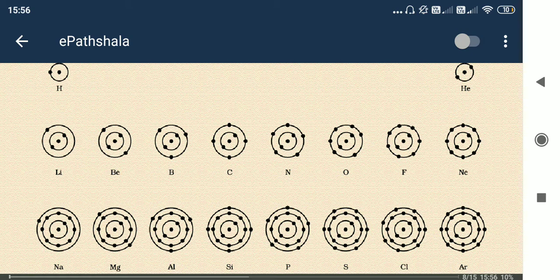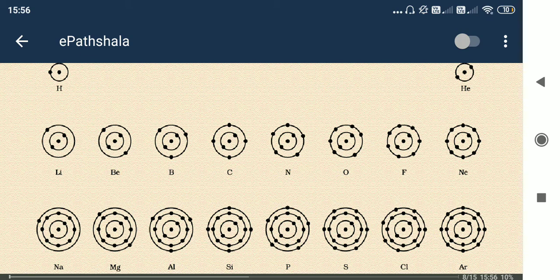So likewise in case of beryllium it is 2, in case of boron it is 3, and in case of carbon it is 4, because 4 electrons are excessive, or we can say 4 electrons are needed for getting stabilized. For stabilization, a total of 8 electrons are needed, and already 4 electrons are present. So if we can get 4 more electrons, then it is fine.